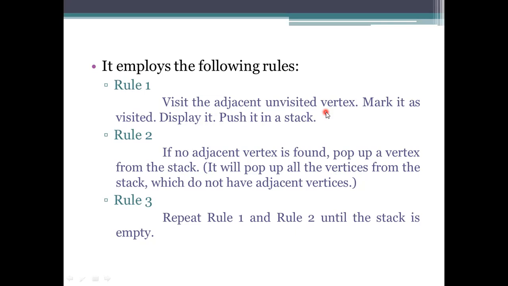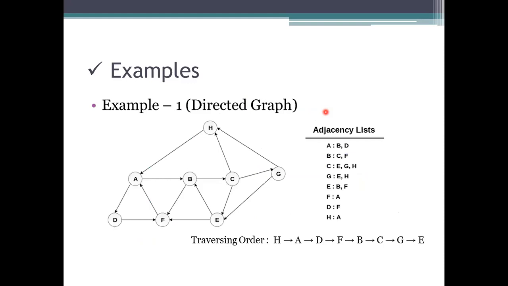Okay, and coming to the examples, we took two example representations, which are directed and undirected. In the previous example, we have seen the directed graph.